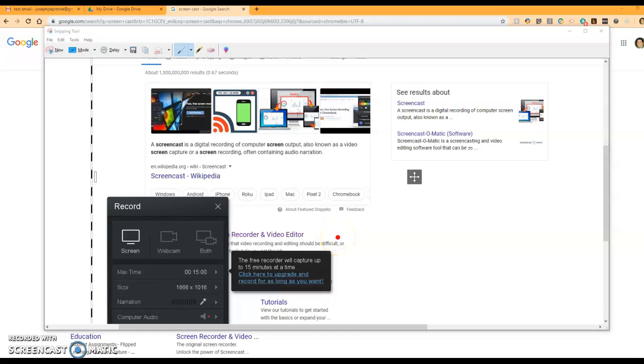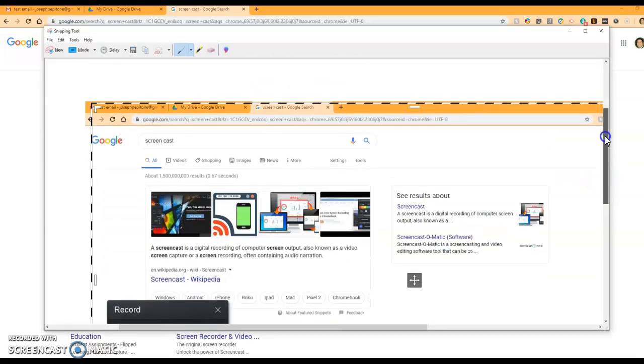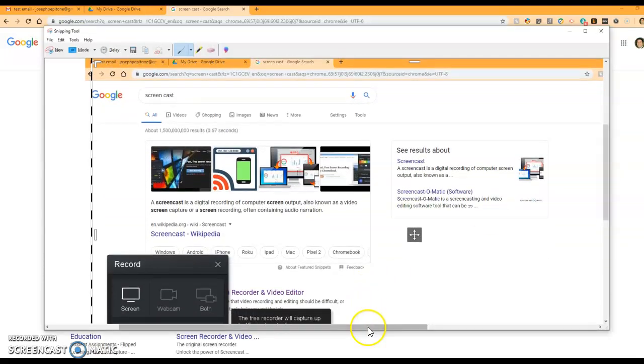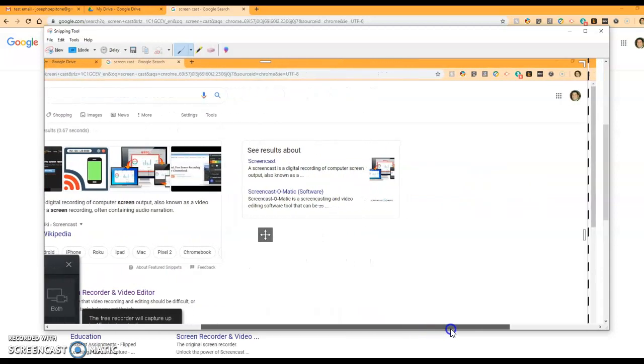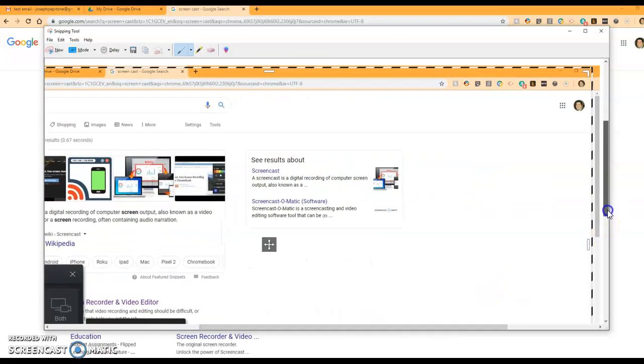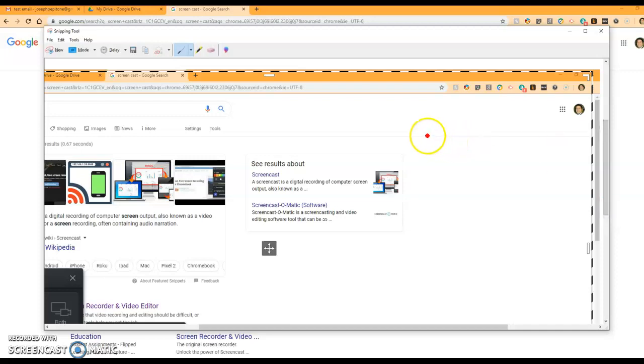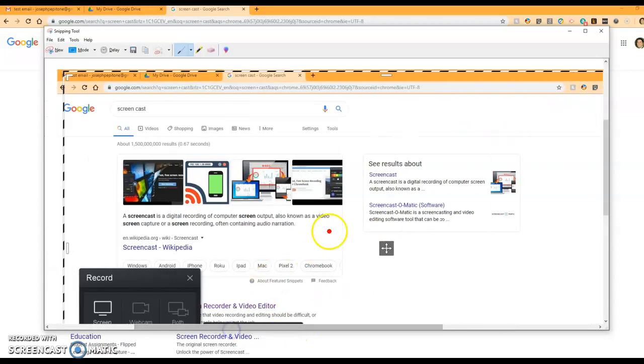Okay, so I'm going to try and make a screencast of how to make a screencast, which has some interesting challenges because the options don't show up when you click on them when you're already in a screencast. So what I did is I took a screenshot of my screen before I started the screencast and as I was going. So once you download the screencast, really you just need to go to Google,